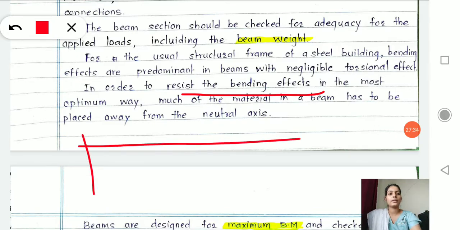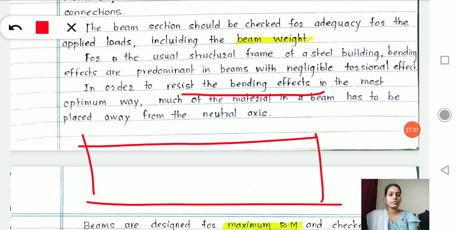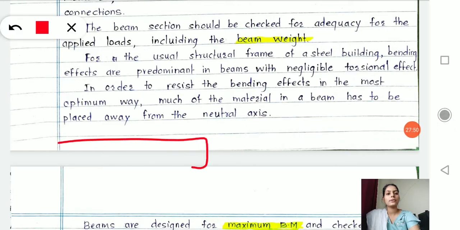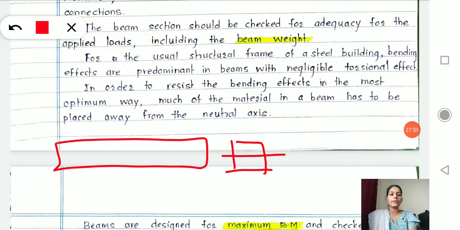See here, this is your beam, a 2D diagram of a beam. In this beam you have a neutral axis. Where do we have a neutral axis? This is your beam and this is the cross section of the beam, and in the cross section we come across a neutral axis. This neutral axis separates the compression stresses from the tensile stresses or tensile force.